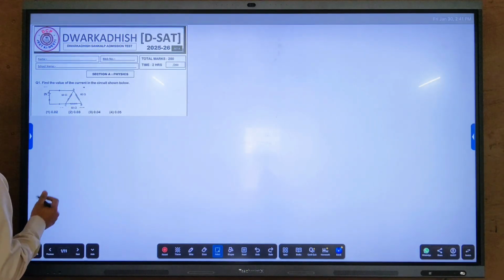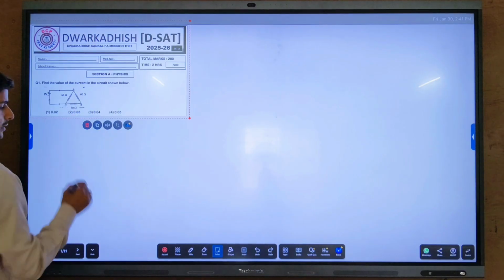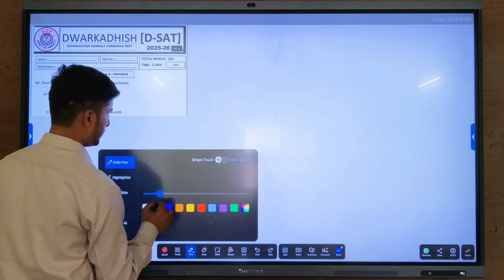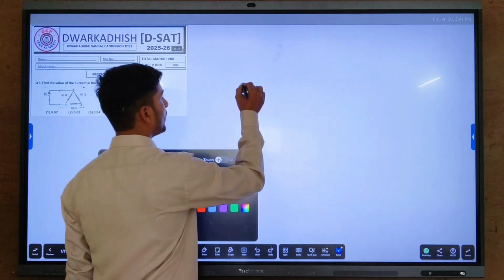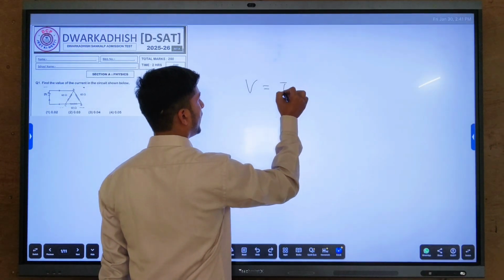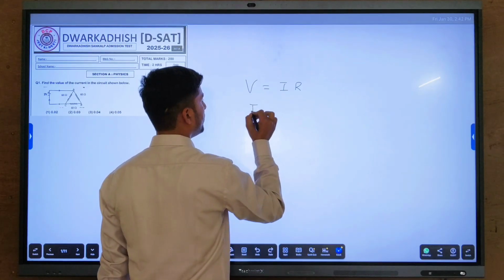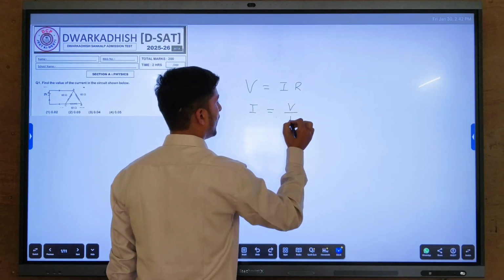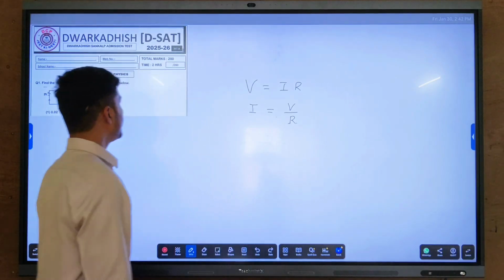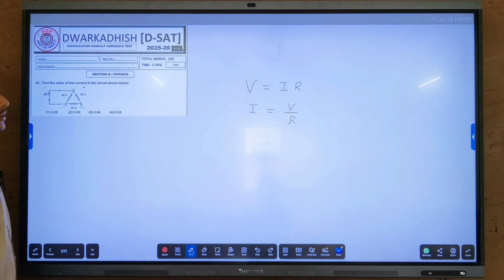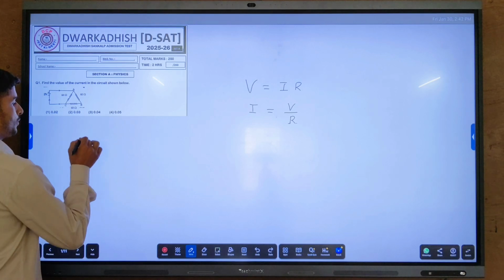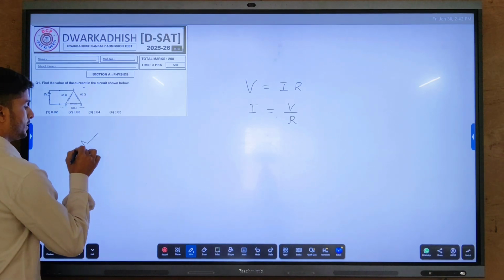यहाँ पे पूछा गया है कि what is the value of current? If we are going to see the formula, V equals to IR. So, I will be equals to V by R. But यहाँ पे हमको रिजल्टेंट रेजिस्टेंस निकालना होगा. तो यदि हम देखें यहाँ पे हमारा एक रेजिस्टेंस है